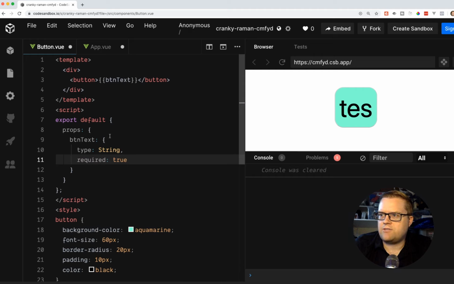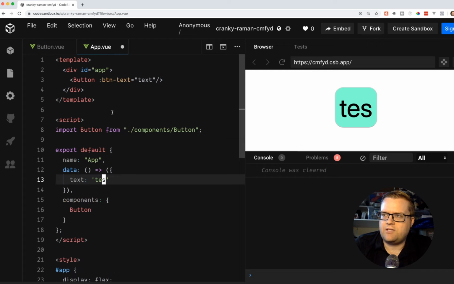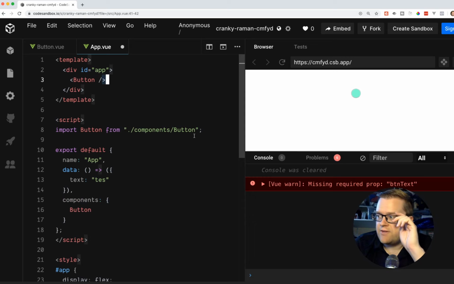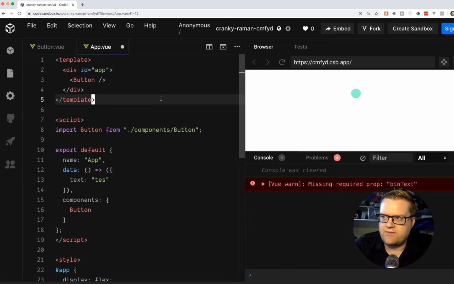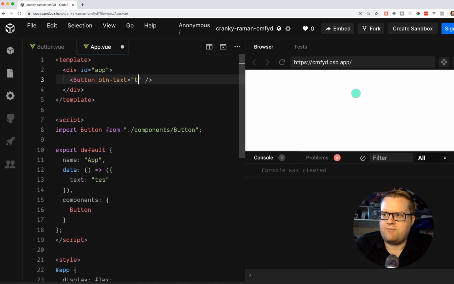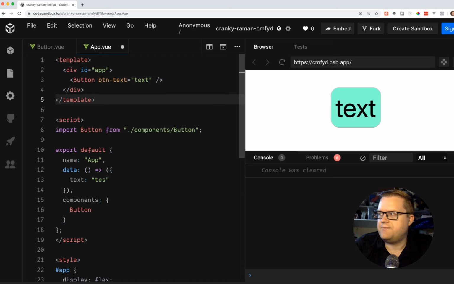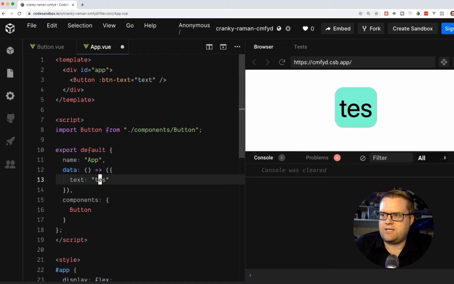So if I do required equals true, it'll give us an error if for some reason we don't pass anything in here. So if I don't put the button text at all inside here, there we go. It says missing required prop button text. So you can see definitely it gives us an error that the button text isn't there. So let's go ahead and put the button text back and have it bound to this text right here. Actually, we'll bind it. Cool, so we can change this again to,